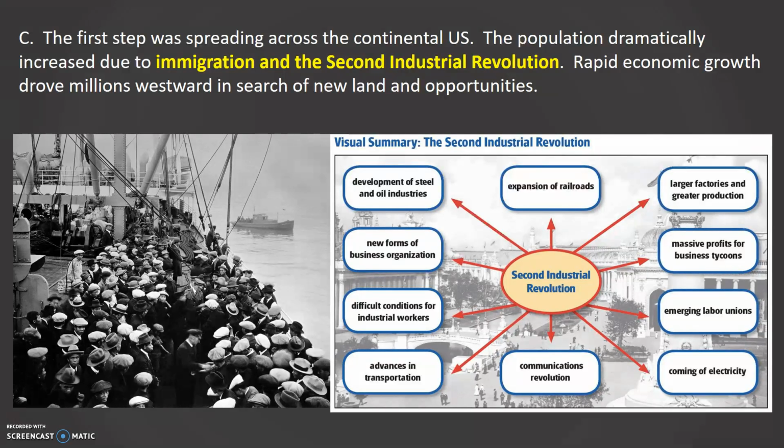We do have, again, a large increase of population due to immigration and the Second Industrial Revolution. We do also have lots of movement internally in the United States with people moving northward in order to become industrial workers in factories. But eventually we need to move these people from the eastern coast across to populate the central part of the United States, which at this time period is pretty much empty. And also we need to provide additional workers for the western coast of the United States as well.